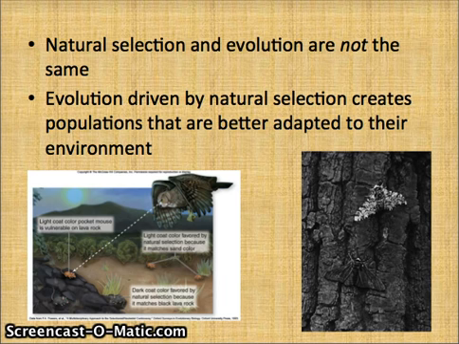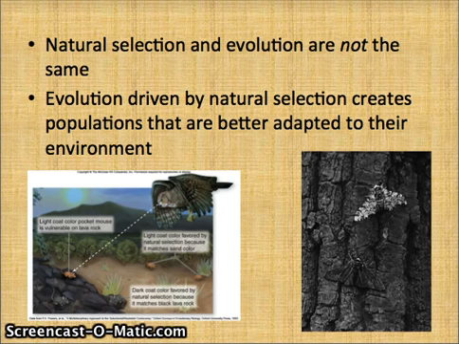On the right is a man-made example. These are the peppered moths. The picture at the top, the little bug at the top, white with the black spots, that's the normal color of the peppered moth. When the Industrial Revolution began, these guys live in England. There was a lot of coal ash in the air. The ash landed on the tree trunks and turned the trunks black.